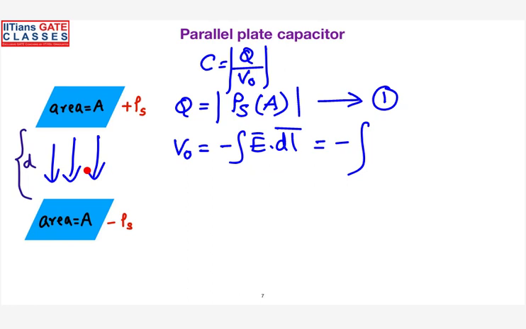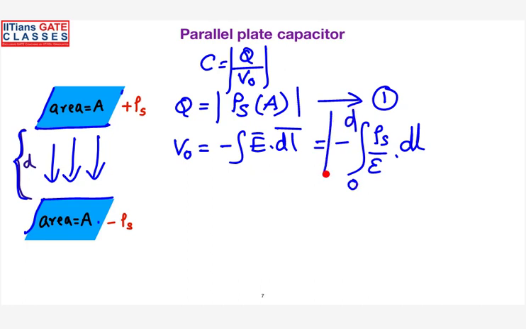Rho s by epsilon. So this will be rho s by 2 epsilon from one charge, and this also rho s by 2 epsilon. Both will add together. So the electric field intensity will be rho s by epsilon, and let us say you are moving from one plate to the other plate. So I can consider something as a dl only. And how much length you have covered? When you are moving from this plate to this plate, you have covered a total length of d. So let us say you are integrating from 0 to d. So take the magnitude.